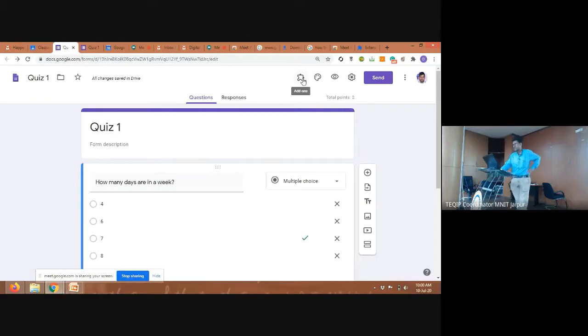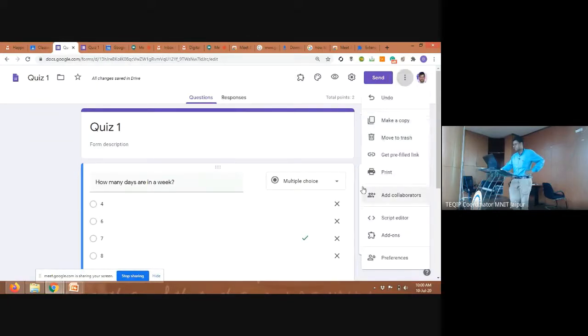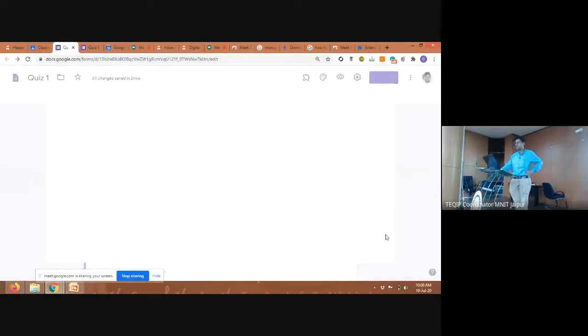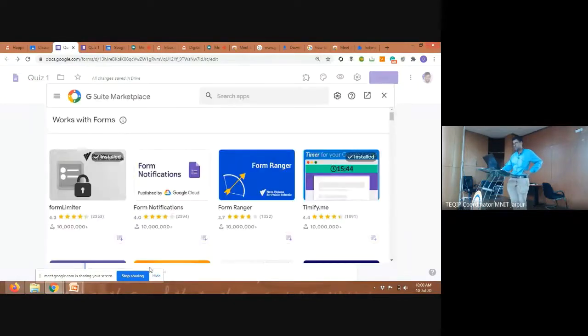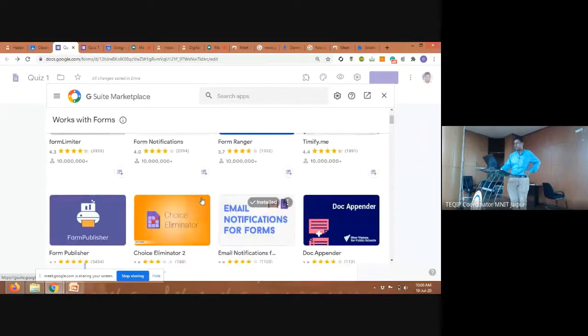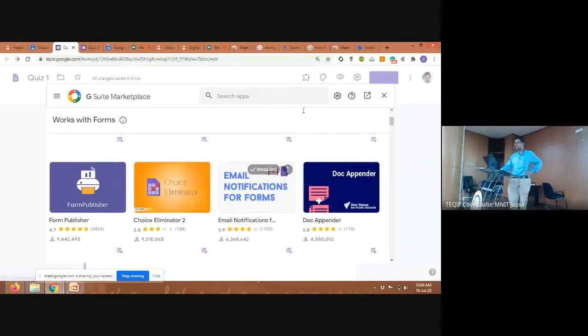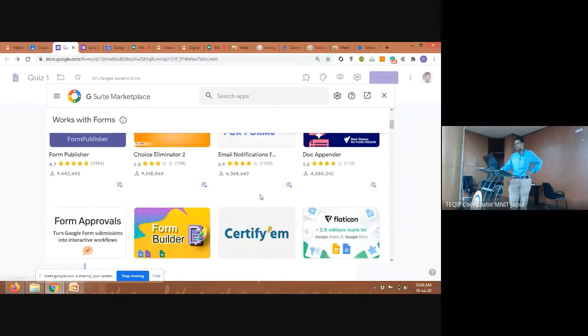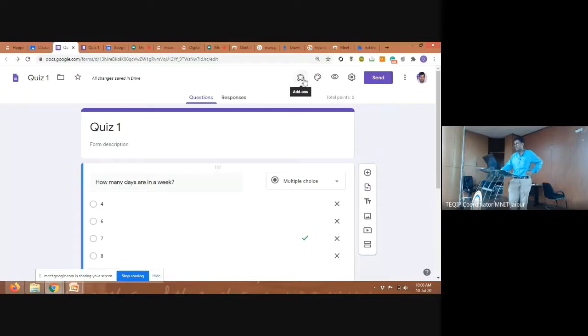So this is the add-on, like I can add. There are many add-ons available. So for this, we are going to use one add-on that is called Form Limiter. I have assigned it, so I can click on this add-on. This is Form Limiter. Okay.